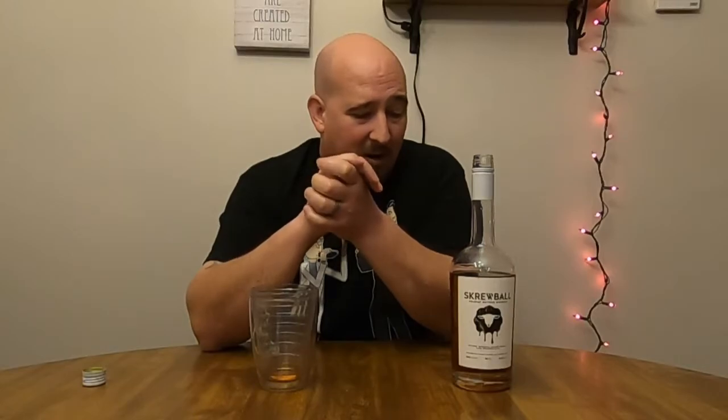I think I have to take the same stance on this as I do on Fireball and Pie Hole and all those others. Just to be fair, this is more of a flavored alcohol and a cordial than it is a true whiskey, as far as I'm concerned. That's my opinion. Tell me I'm wrong. I mean, I'm sure it's made as a whiskey, and then the flavorings are added. So it is a whiskey at heart, but in my mind, it's more of a cordial or flavored liqueur with a whiskey base, of course, than it is a true whiskey,